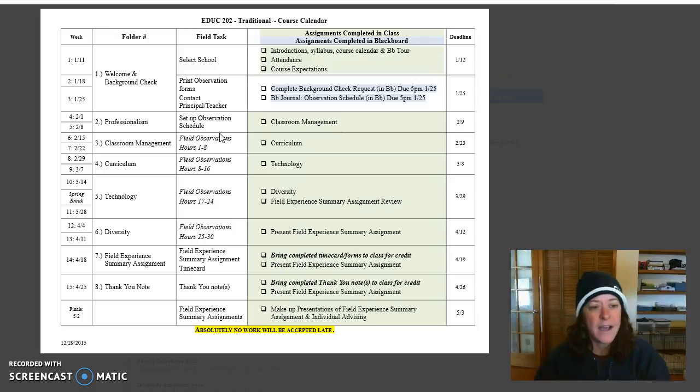Principals generally like observations, especially if they've already had a CWI student, because our students are awesome. And we go in, we observe, we usually will help the teacher if the teacher would like us to. Some of the teachers ask you if you'd like to teach some, and so you get some teaching practice. So it's such a great opportunity, and it's really supportive of the teachers and the school.